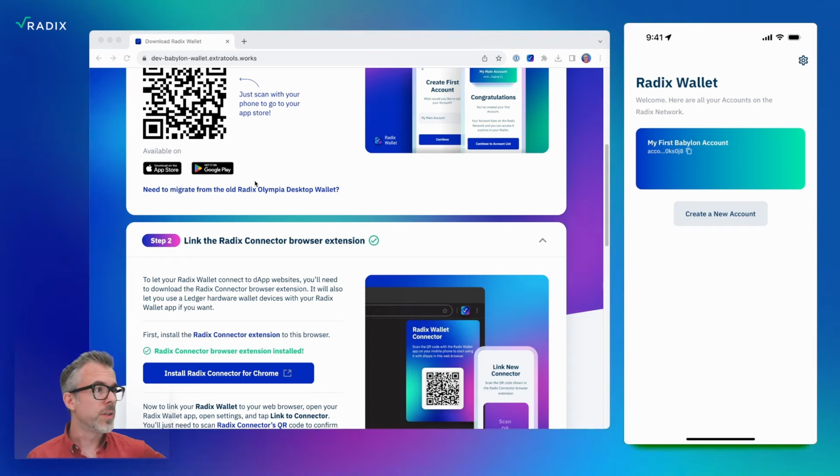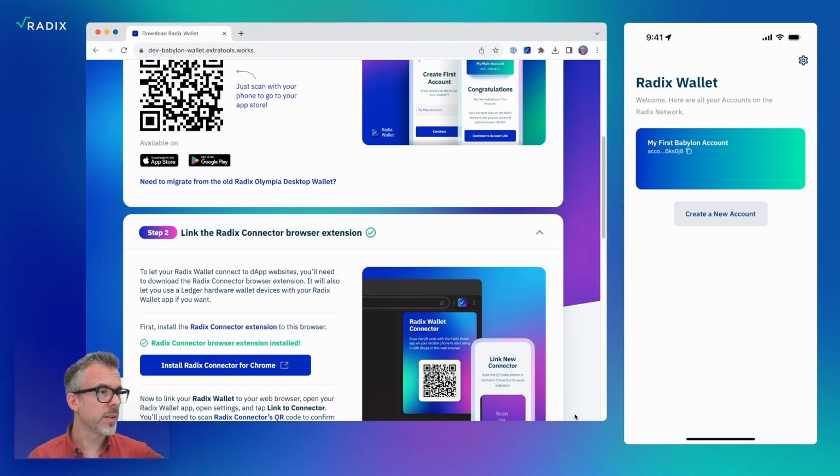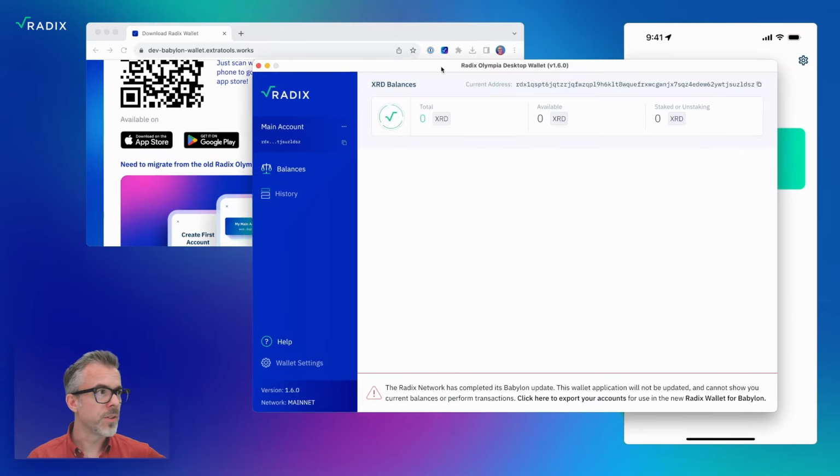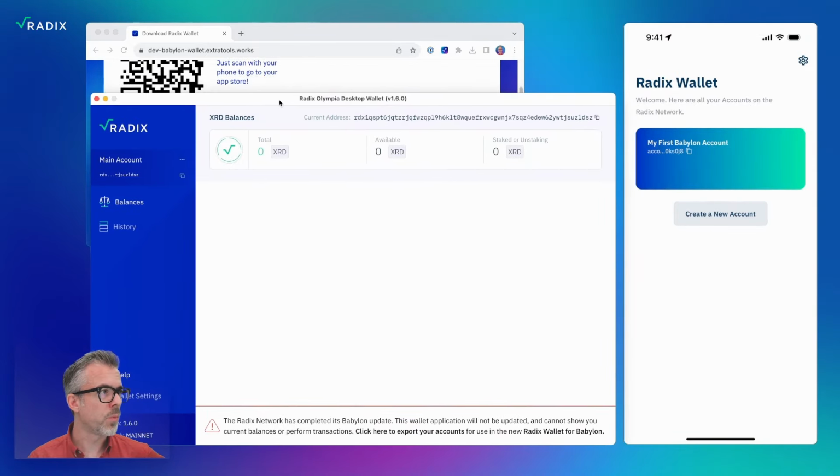So you can see that we've got a link here for "need to migrate from the old Radix Olympia desktop wallet." You can click that and that'll take you to a knowledge base article where you can download one last update to the Olympia desktop wallet that you're going to need to do this migration process. However, there's also an easier way. I'll just make this a little bit smaller to get it out of the way. There's an easier process also on the desktop wallet itself,